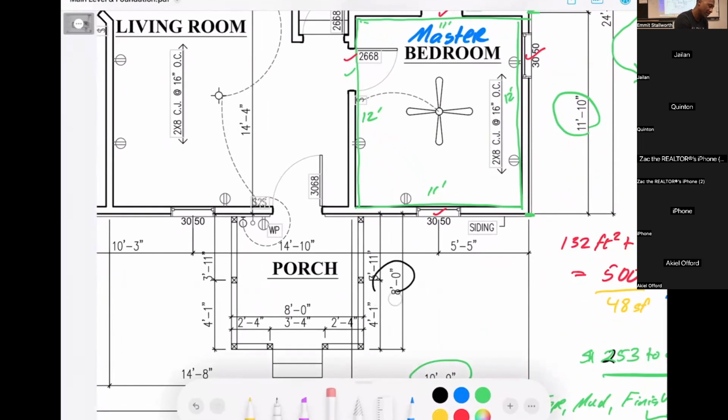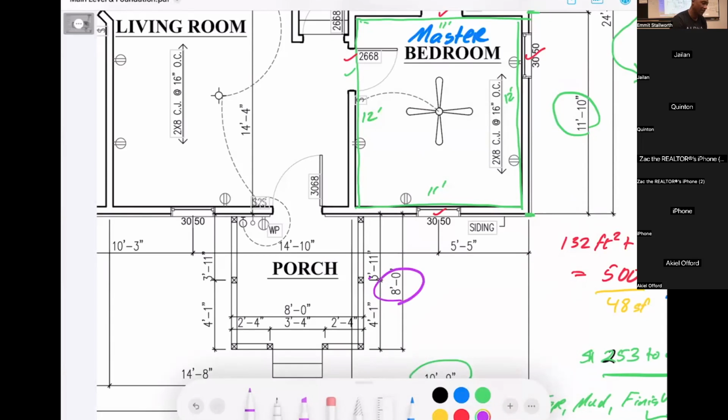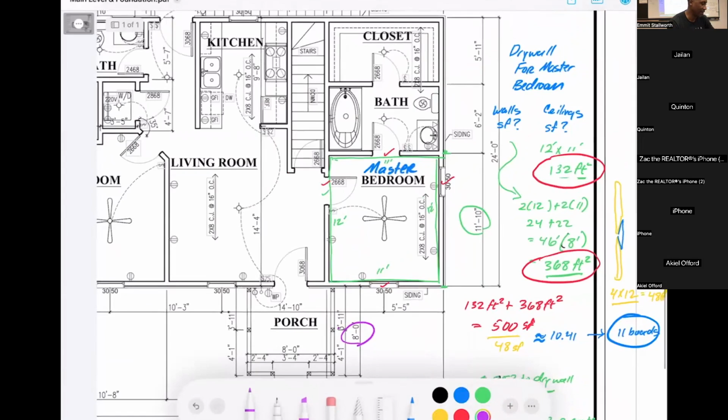Let me erase that. That's the number right there. It's 8 feet. So that little piece is 8 feet, but I don't know how far this thing go